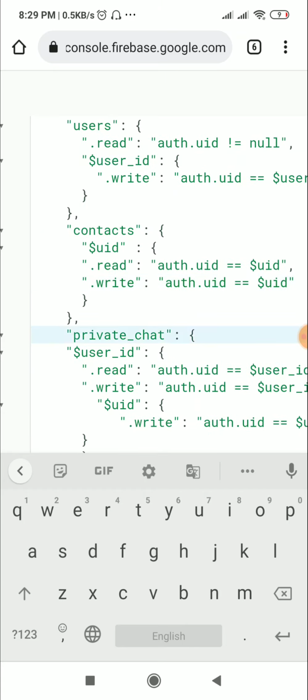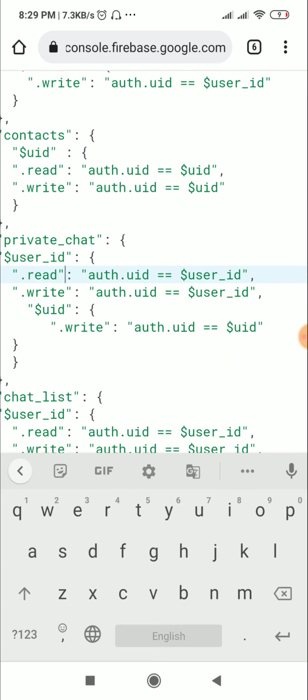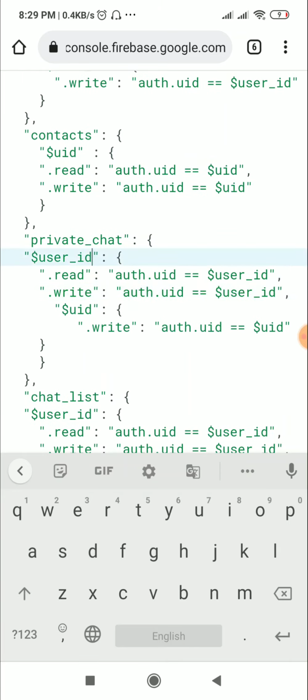Next is private chat. In private chat I have a child $user underscore id, and I have set .read to auth.uid equal to $user underscore id, and .write to auth.uid equal to $user underscore id. So this means that a user can read only his private messages and send private messages to only himself, but he has to send private messages to someone else also.